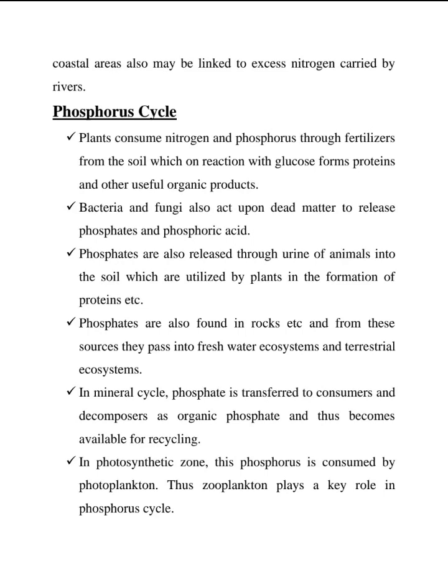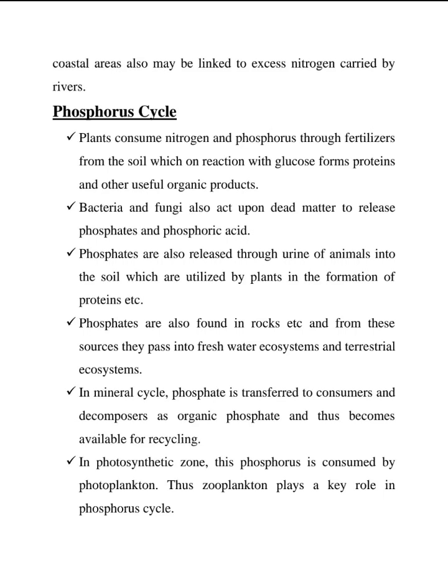In continuation to the previous lecture, today we will study the phosphorus cycle. Plants consume nitrogen and phosphorus through fertilizers from the soil, which on reaction with glucose forms proteins and other useful organic products. Bacteria and fungi also act upon dead matter to release phosphates and phosphoric acid. Phosphates are also released through the urine of animals into the soil, which are utilized by plants in the formation of